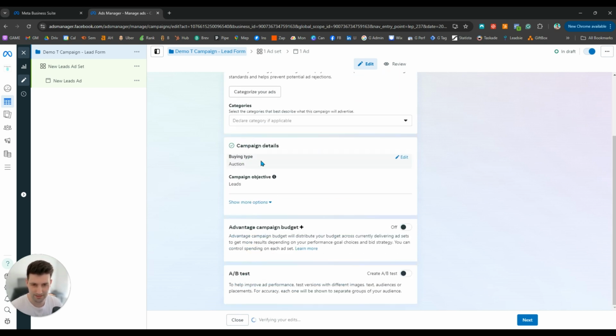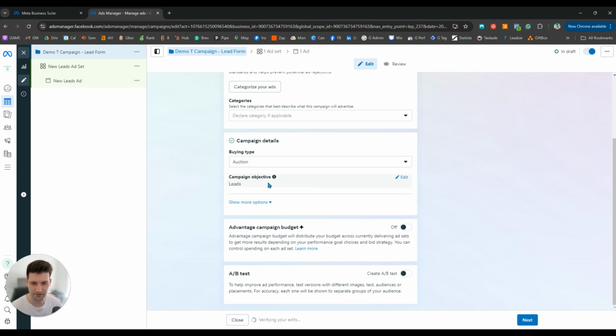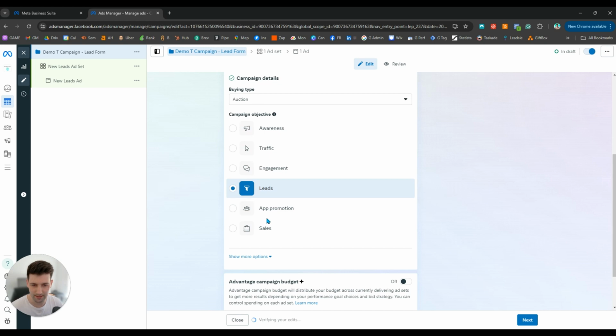We've then got campaign details. Buying type, for now, I would advise to always leave this in auction. You have two options, auction or reservation, and we'll stick to auction for now. And as you can see, our campaign objective that we picked earlier is leads. You can edit in here. Because we haven't made anything else in our campaign, we've not set any of the ad set levels, we've not actually run it. You can change what you want freely here, whether you've had a change of heart on your